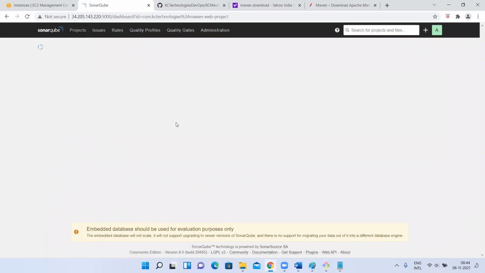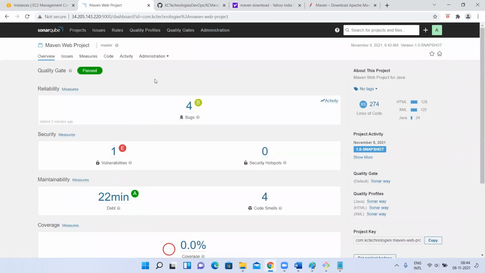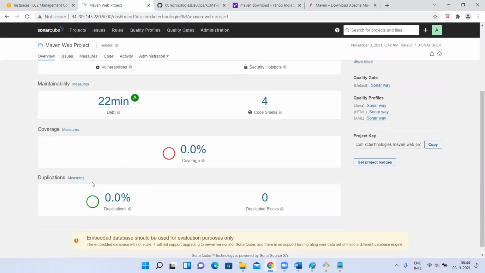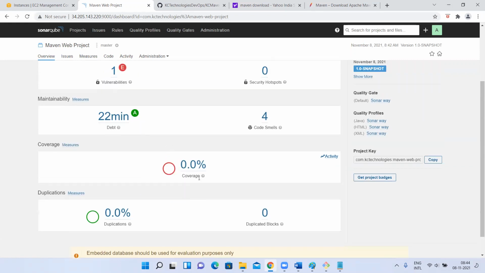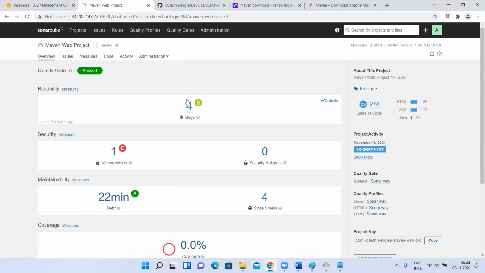Now if I get inside this, if I click on the project, you can see these things it has analyzed. It has analyzed something related to security. It has analyzed some bugs. If you have code coverage, that is nothing but what I said about JUnit test cases, right? We'll have original code, and we have testing code. The JUnit unit testing code we write to test the original code, right? So with that testing code, how many lines are we actually testing, it will show. We are not using any code coverage, so it is showing 0%.